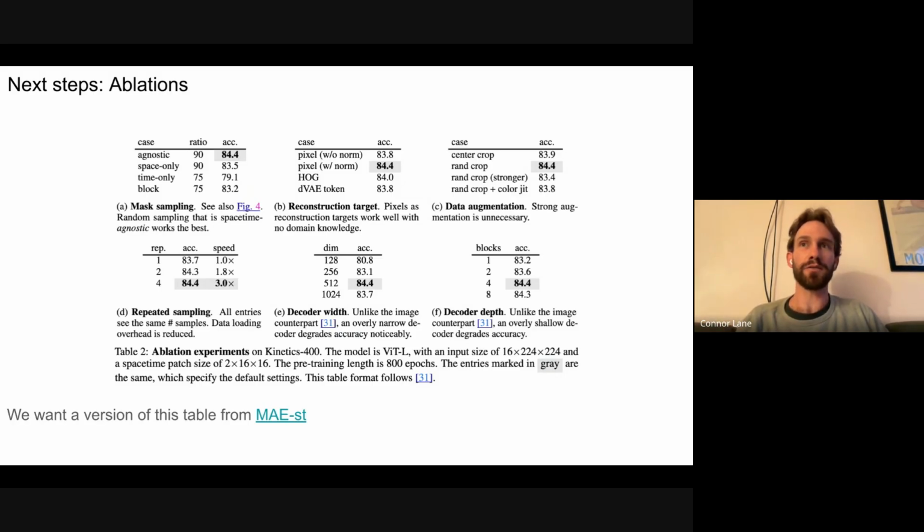And we haven't done any of this for fMRI, and there's no reason to think that the settings from natural images and video will transfer directly to fMRI. So we need to do this in order to figure out how to optimize our model for our particular data. To summarize that into a short thing, we need to make this table. We need to make a version of this table to include in our preprint paper that we're working on. Okay, so these are the main critical next steps.